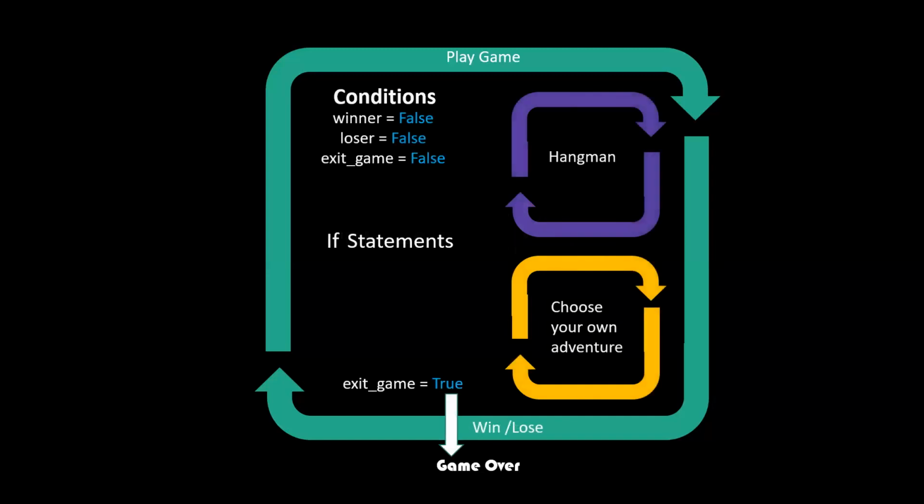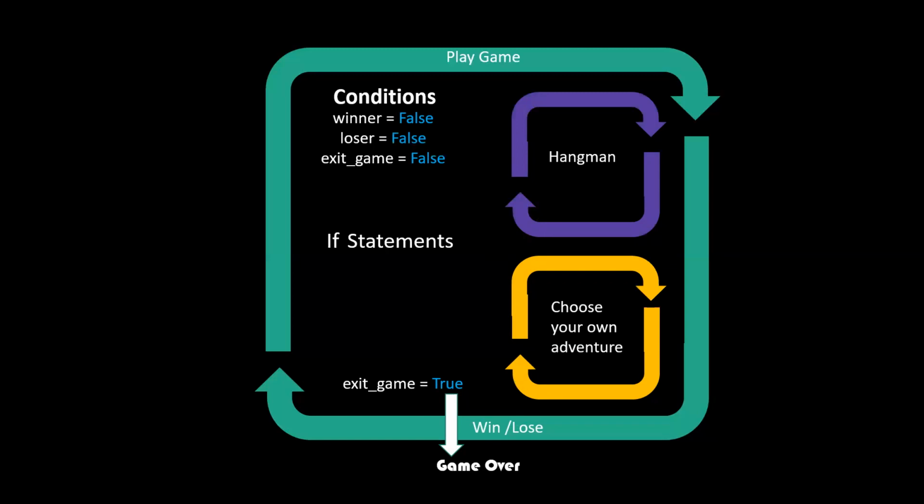Just at a high level, there are two core loops here: Hangman and Choose Your Own Adventure. The storyline goes: Jimmy's at a royal party. He spills wine on the king and the king is upset, so Jimmy's punishment is death. What you do as the player is brainstorm with Jimmy and try to think of a really good argument that could potentially sway the king and let Jimmy go. If you win at Hangman, you take that keyword that you guessed from the puzzle to the castle and engage in a conversation with the king, and you gain and lose points to try and get him to let Jimmy go.